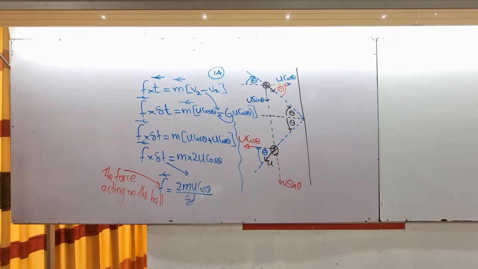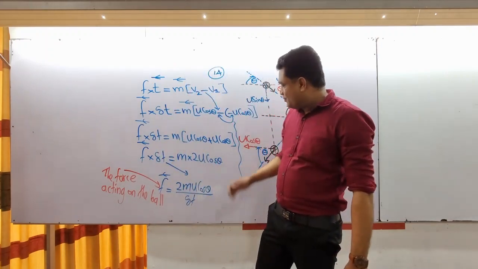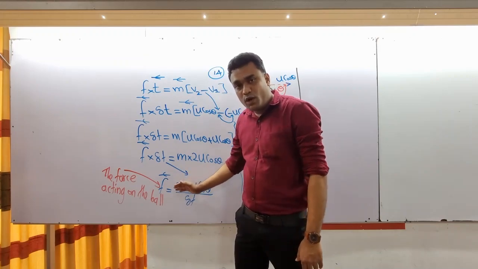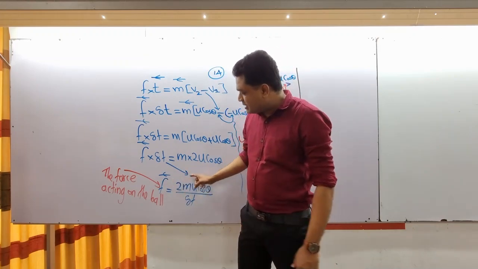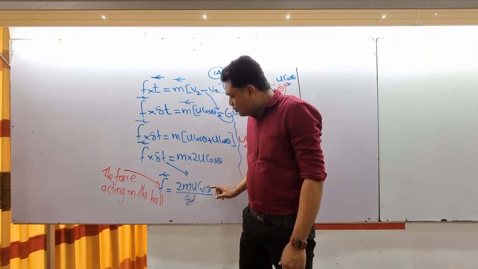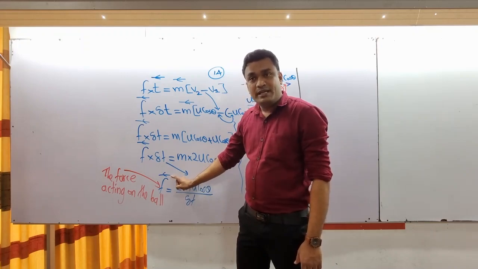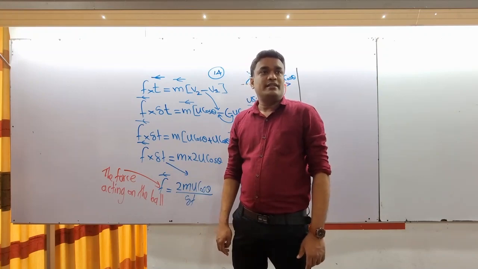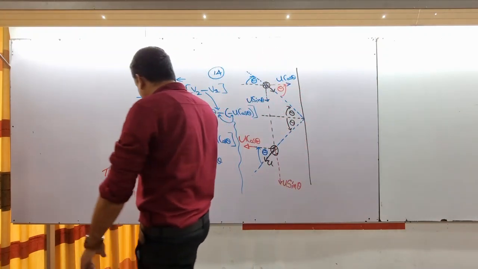So if the force acting on the ball is this, when the ball gives a force of this much to the wall, the wall should give equal and opposite force to the ball. It means the magnitude will be 2 mu cos theta over delta t, but the direction will not be to the right hand side. Opposite direction means the direction should be to the right hand side. Clear? So please write,